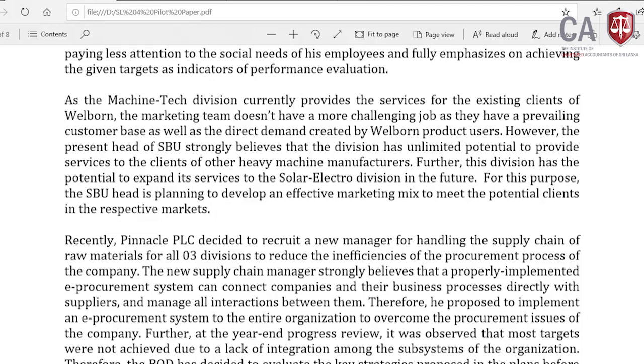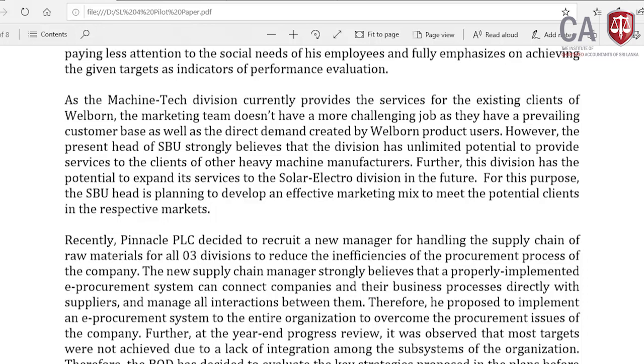Now, what the examiner is going to do is provide further information on the third one, Machine Tech. Look at the way the examiner has organized the paper. It is very logical. Look at the para: as the Machine Tech division currently provides the service for the existing client of Wellborn,